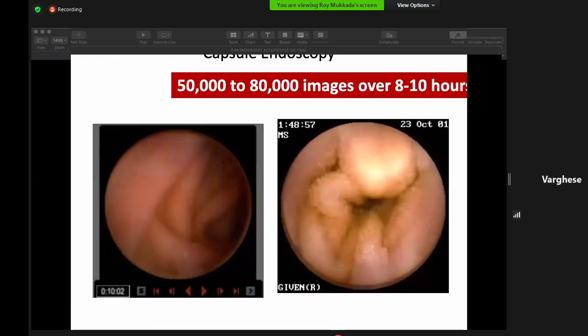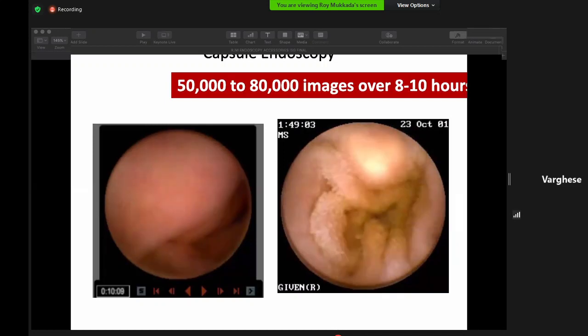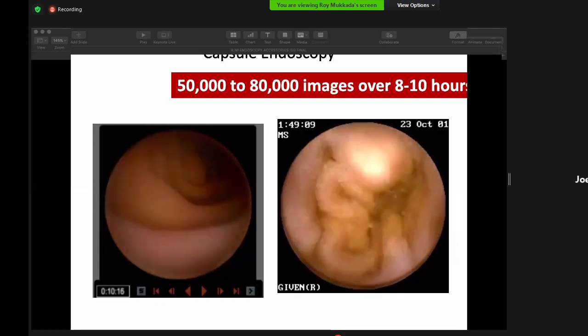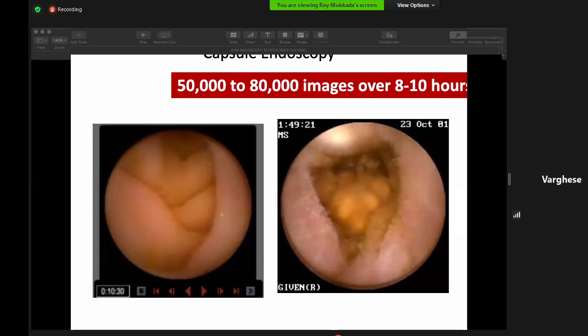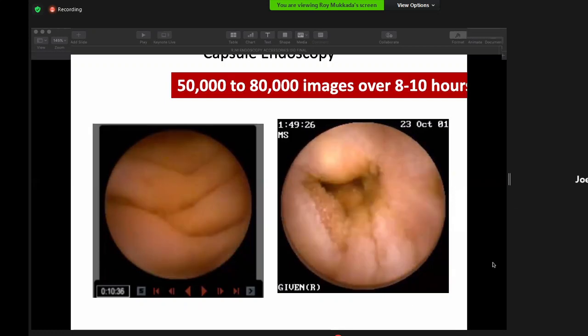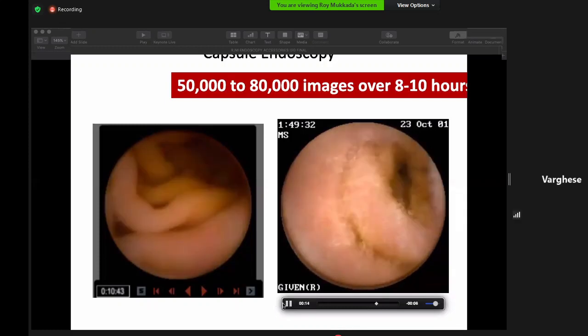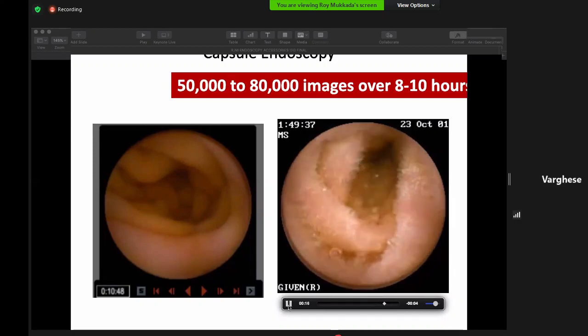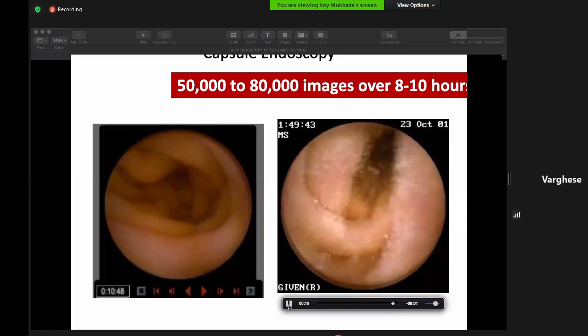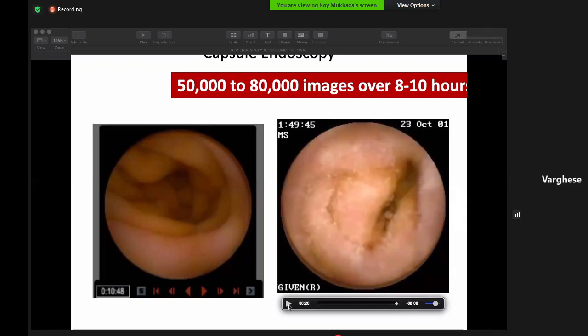You can find out tumors, all those things. In fact, one of our patients with advanced cardiac disease could not undergo endoscopy when he had melena repeatedly. We decided to do capsule endoscopy. Upper GI endoscopy was normal. And when we did capsule endoscopy, we found that his duodenum was teeming with hookworms. It's a simple disease, but we had to do capsule endoscopy to find out. So sometimes it happens like that.